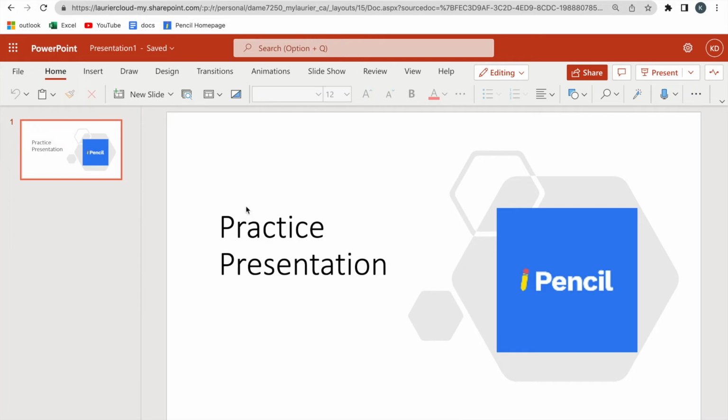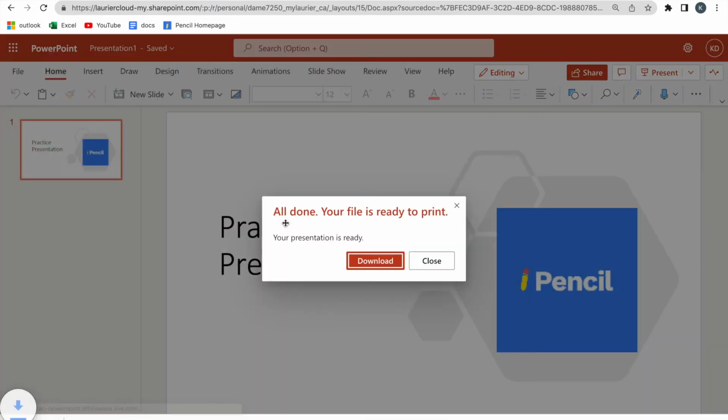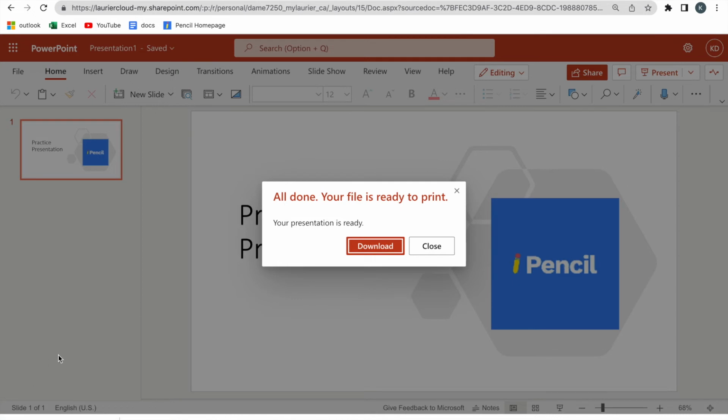So the first thing I'm going to do is select File, and then click Save As. Here you'll be given all the different options of how you can save your PowerPoint. You can either download as an image or a PDF. So I'm going to select Download as PDF. And now my file has been downloaded as a PDF and can be found at the download bar on the